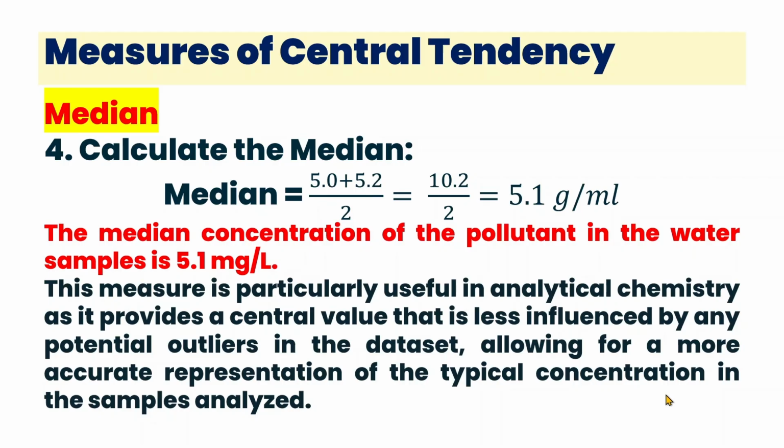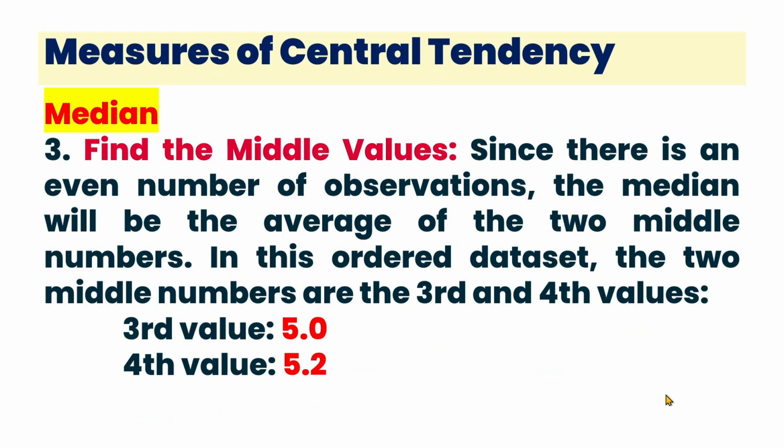So the median concentration of the pollutant in the water samples is 5.1 milligrams per liter. This measure is particularly useful in analytical chemistry as it provides a central value that is less influenced by any potential outliers in the dataset, unlike the mean, allowing for a more accurate representation of the typical concentration in the samples analyzed. So this is just one of the problems that you might encounter when there is an even